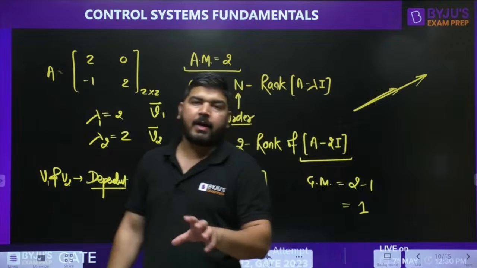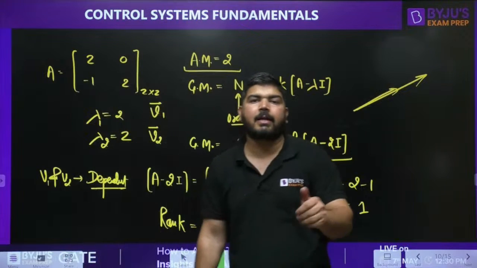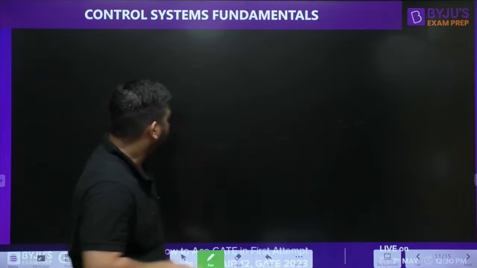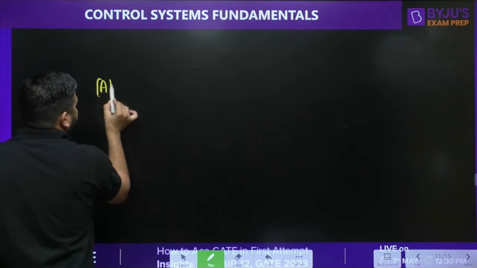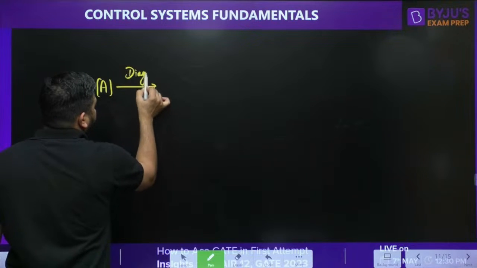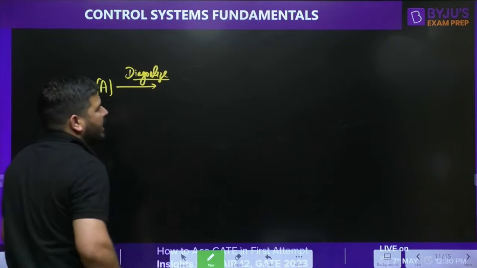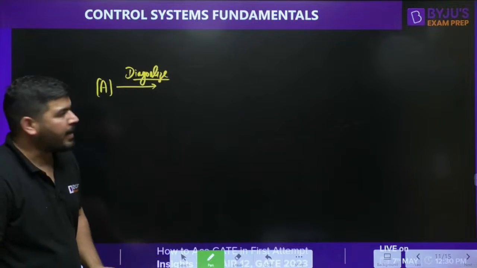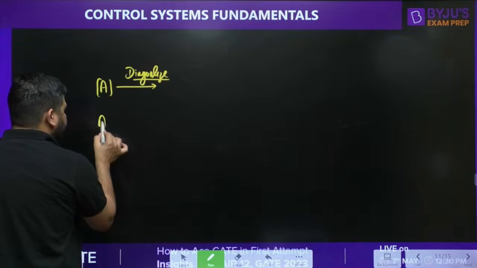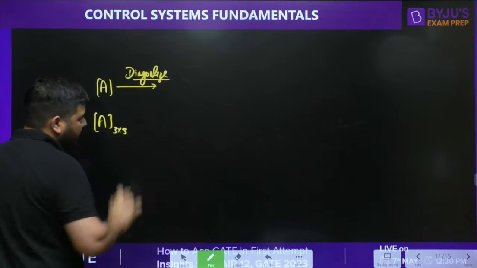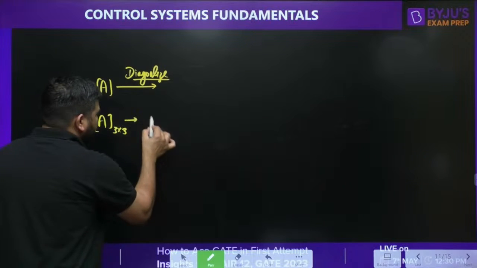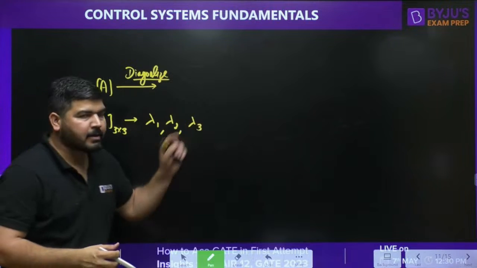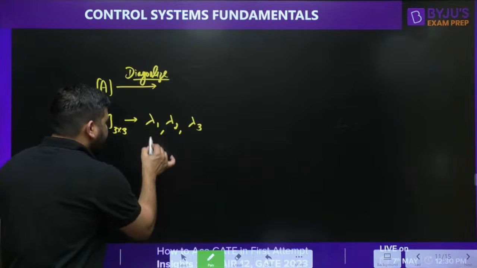There is one more advantage of AM and GM, and that is diagonalization. Sometimes you need to diagonalize a matrix. Let's say you have a matrix A and we need to diagonalize it. The diagonalization method is very simple. First you have to calculate the eigenvectors. Let's say A is a 3 by 3 matrix, so the eigenvalues are lambda 1, lambda 2, lambda 3. If the matrix has distinct eigenvalues, then the eigenvectors will be